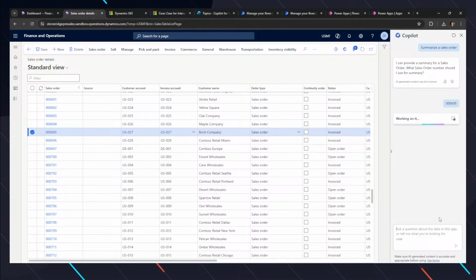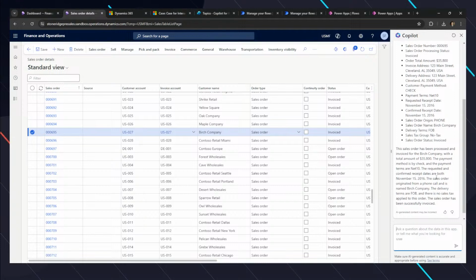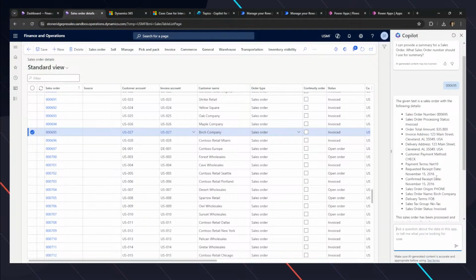And what we're going to see here is that in a little bit, it's going to go through all those different prompts to create that content, basically using two different Power Automates. One automate to grab the record, and then one automate to take that record and summarize it. And you can scale this, right? So if you have different areas that you want to expose this in, you can use that to drive that. So as you can see here, the sales order has the following details with the number,